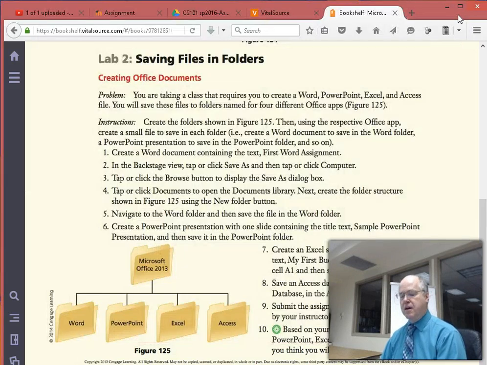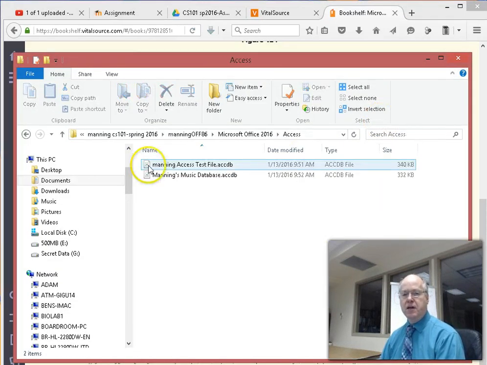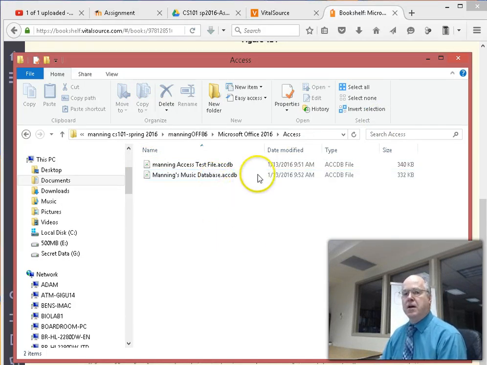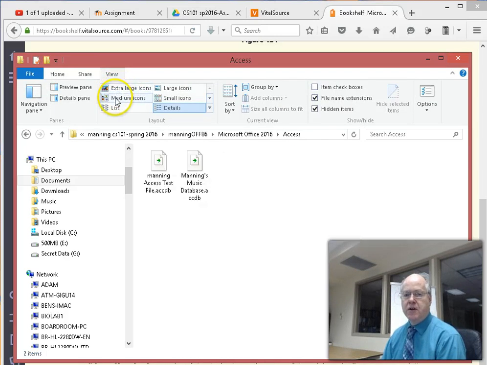And now, let's go back to the Windows File Explorer. And let's see if our files are there. Double click, shows me the files indeed are in there. While we're here, and while we have this ribbon open, here's something that's very nice to know about the Windows Explorer. Underneath the View tab of the Windows Explorer, not Internet Explorer, you can view your files in a variety